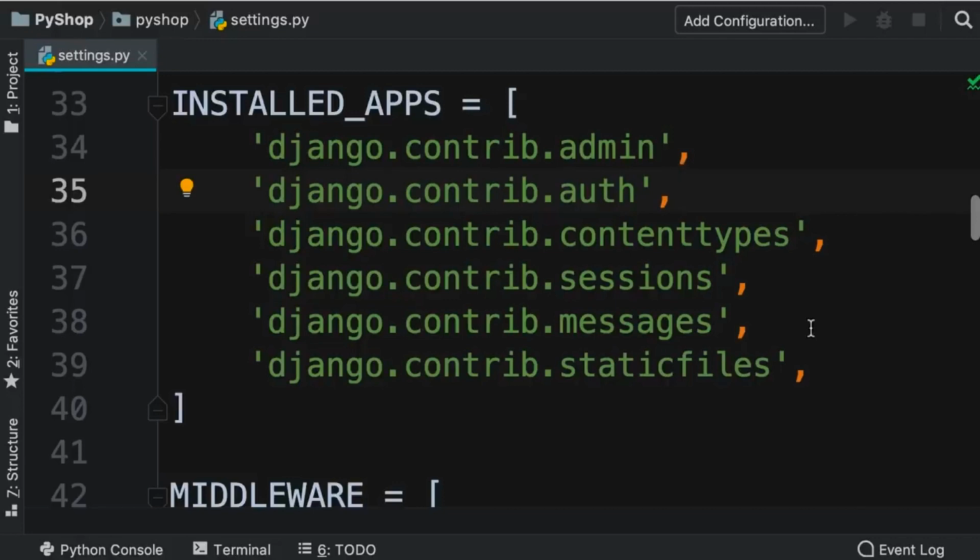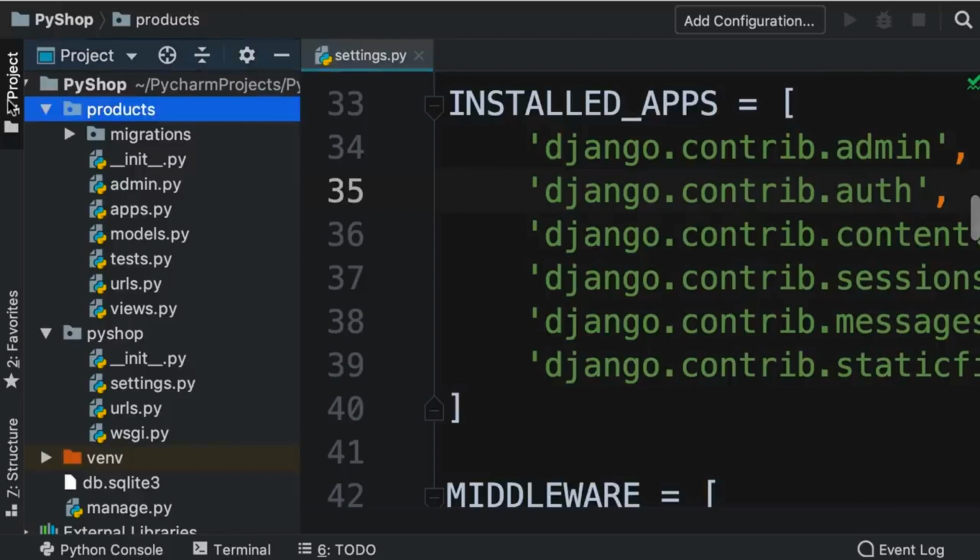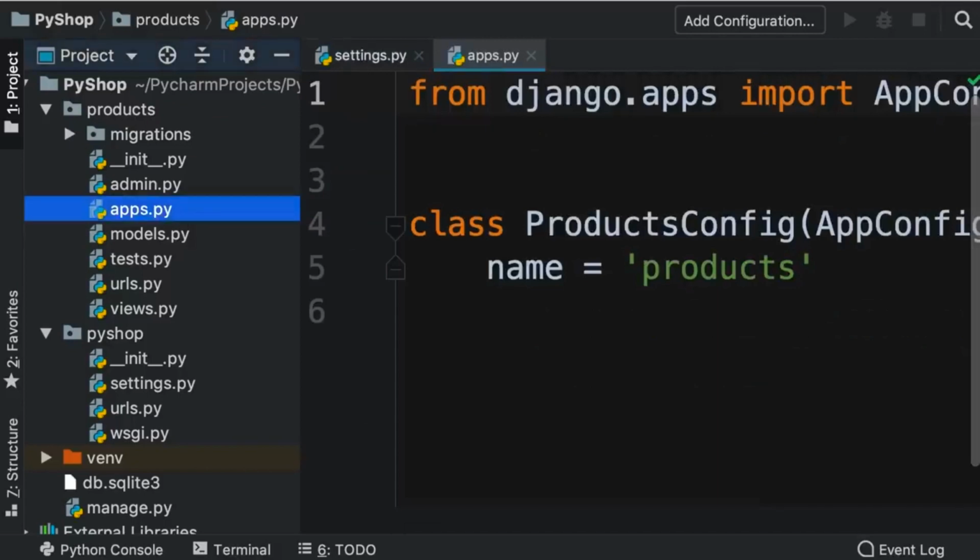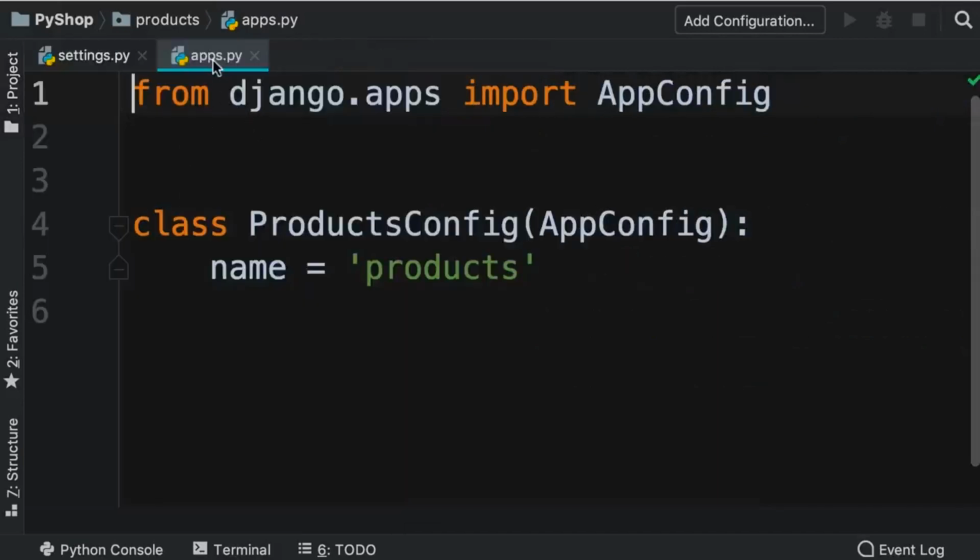So for now, let's register our products app in this list. How do we do that? First, we go to our project. Inside the products app, earlier I told you about the apps module. Take a look here. The name of this module is a little bit misleading because we're in the boundary of one app and we have a module called apps. That aside, all we have here is a class called ProductsConfig where we store configuration settings for this particular app. Okay? Now we need to go back to our settings module and add the complete path to this class,